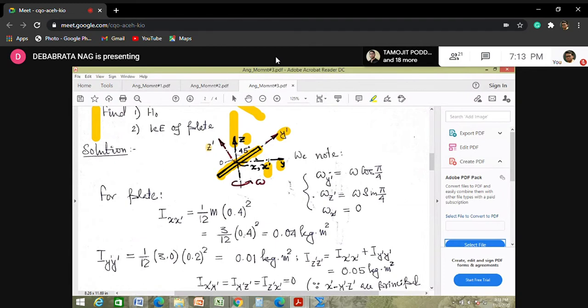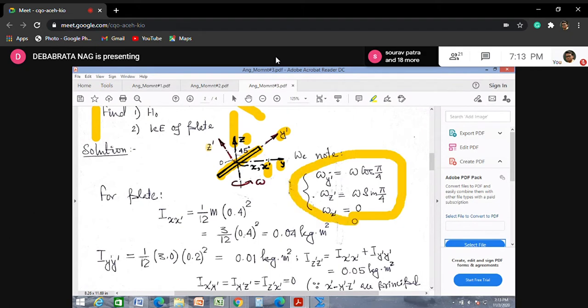So we see this omega angular velocity vector, which is always remaining vertically up. It is resolved along this y dash axis and z dash axis. And of course, since it is rotating about the z axis only, the angular velocity component about the x axis is 0. So omega x dash is also equal to omega x, and that term is 0. So this is therefore the absolute angular velocity vector.